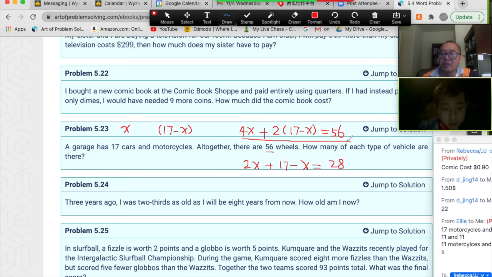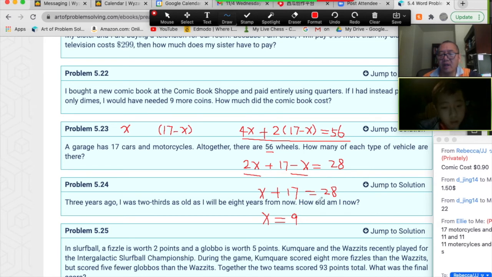Because each term is divided by 2. Then you merge the like terms together. You get x plus 17 equals 28, right? Then both sides minus 17, you get x equals